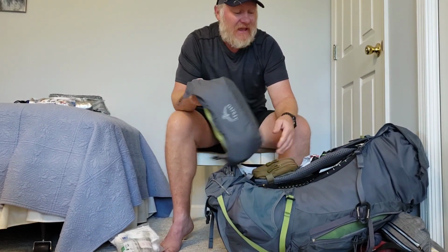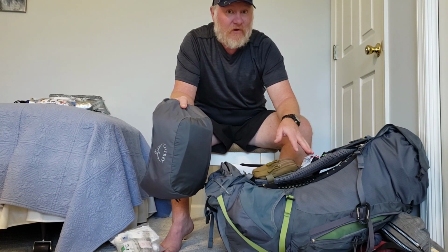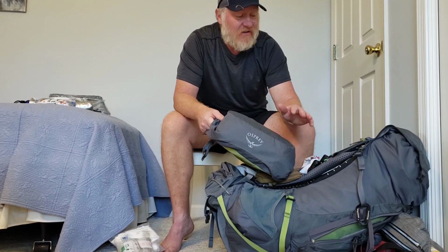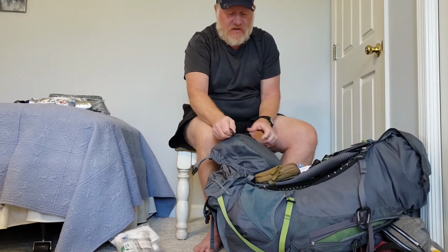Alright, this is the brain that sits on the top. As I go through some of the food that I got and my pack gets more empty, I'll actually be able to store this on the inside. But there's certain times where I'm going to need the extra storage, so it's nice to have this option. I could get everything in there, but it would be bulging at the seams, and I'd rather everything fit in there decently rather than forcing it in there. But on the top, I have